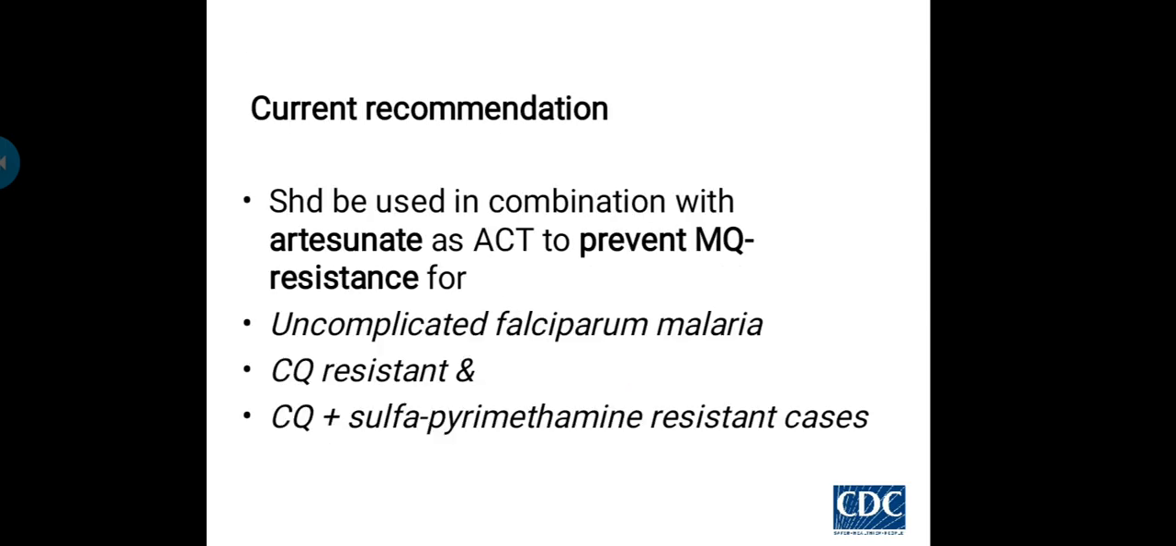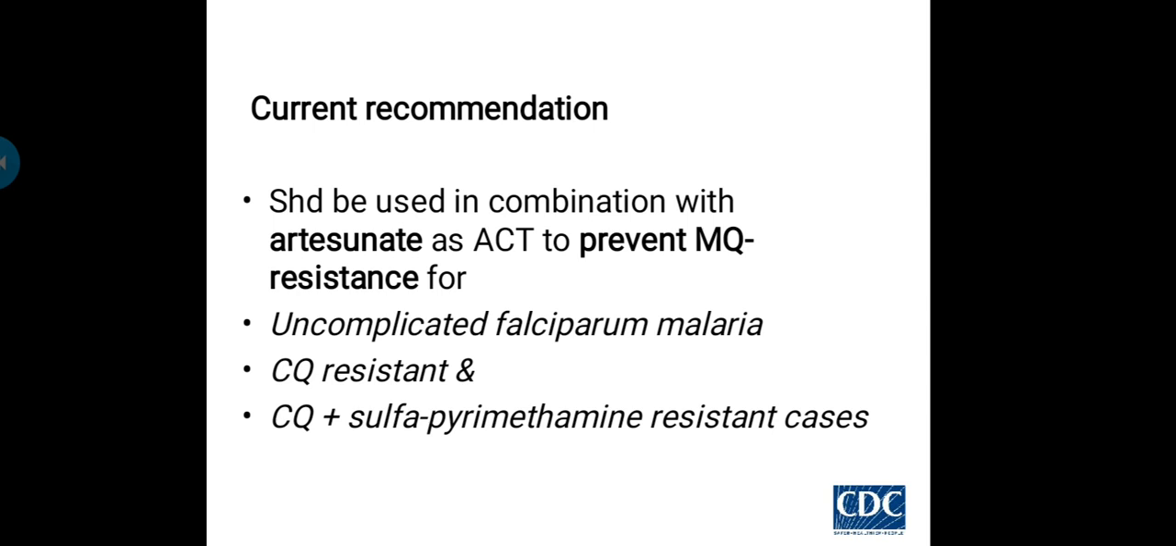So it should be used in combination with artesunate as ACT. That means one ACT is artesunate plus mefloquine, artemisinin combination therapy, and it prevents mefloquine resistance. So mefloquine is not used alone because of the development of resistance. It should be combined with artesunate, and that forms one example of the ACT, artemisinin-based combination therapy: artesunate